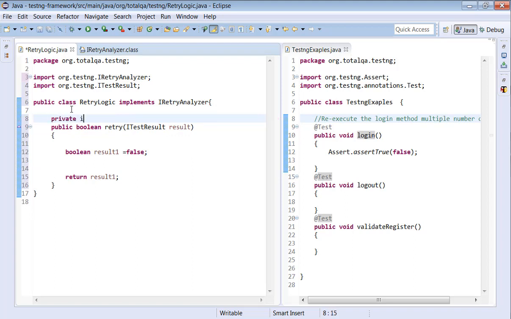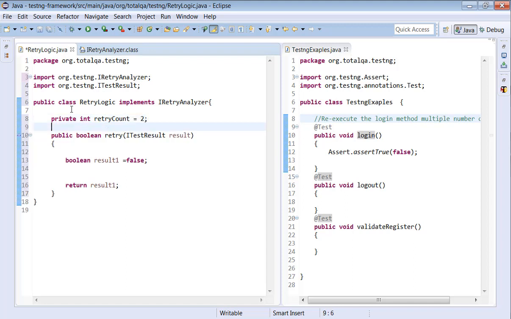What is the retry count here? We create one variable, retryCount, as, say, 2. So 0, 1, 2, it will execute. Here, retry count we are giving 2 means it will execute 3 times. It's very important. Suppose we give 1, it will execute 2 times. One time it is already executed by this class. The second time it will execute because we are giving retry count as 1. It will execute one more time based upon this logic.